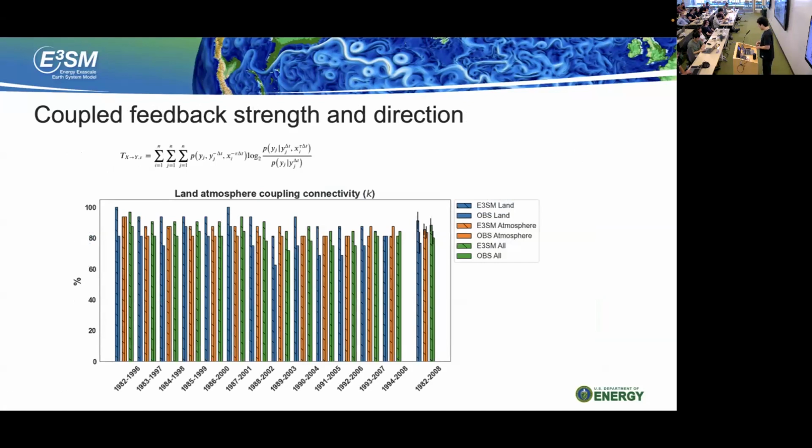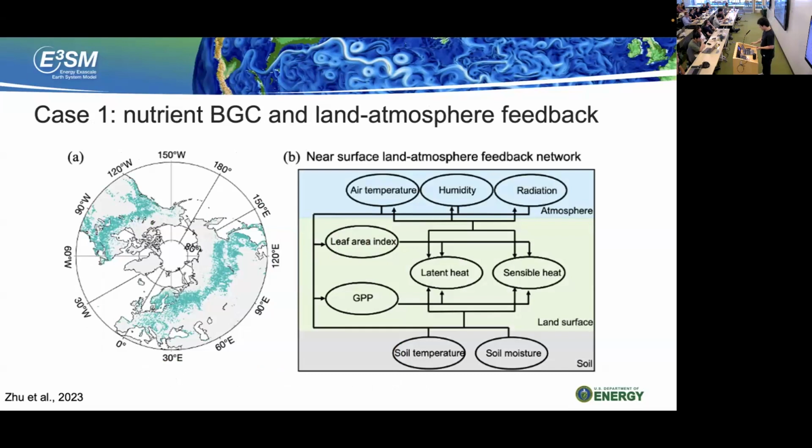We developed a package using information theory. So you can also use that in analysis, as long as you have a network. You can calculate information entropy flow from one variable to the other. This is a pairwise calculation, for example, here from soil temperature to GPP, soil temperature to latent heat, all those different connections. It could be not significant, which means the connection doesn't exist or the directional feedback doesn't exist, or it can be very strong.